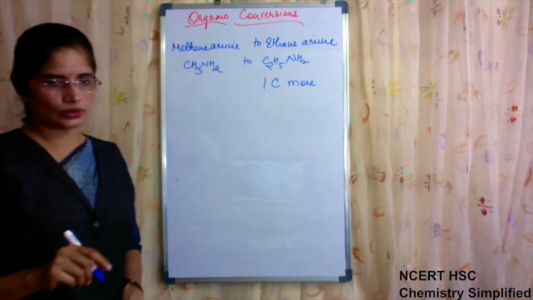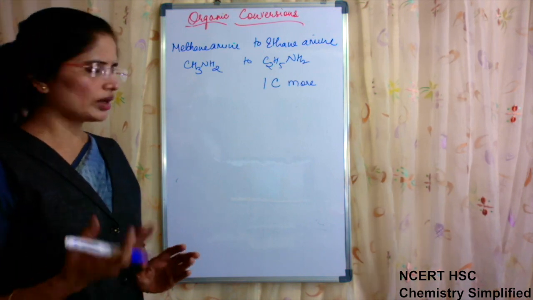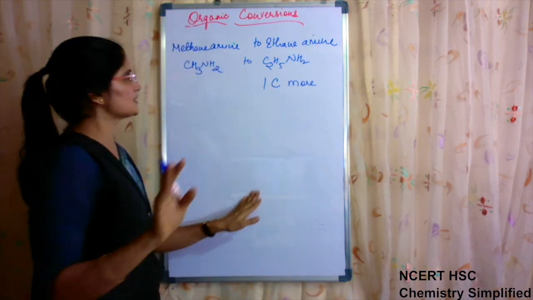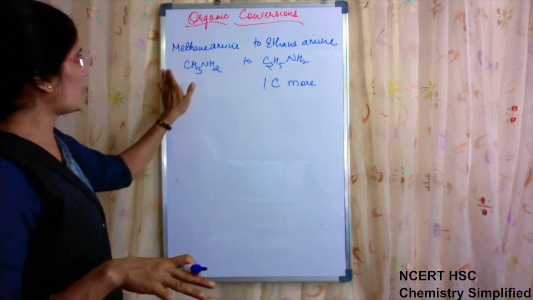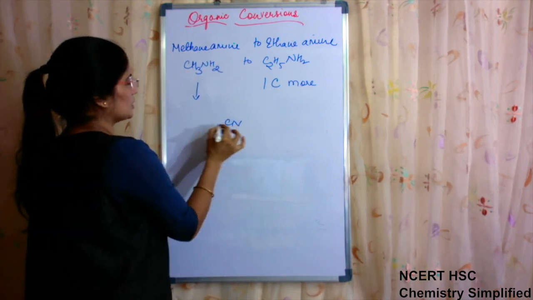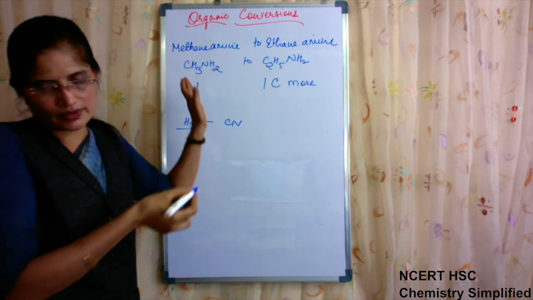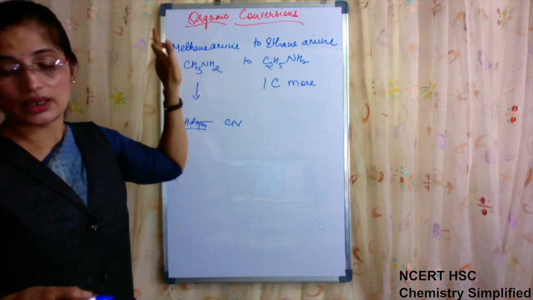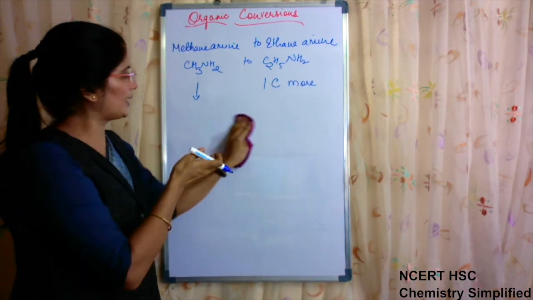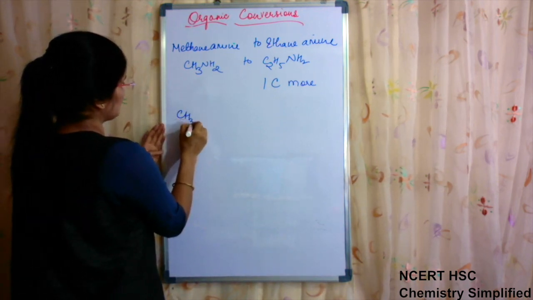One carbon more means we require cyanide. Cyanide will be hydrolyzed, or hydrolysis is not needed, directly reduction can be used. So for one carbon atom, cyanide reaction is required. Now how to reach the cyanide reaction through this? Cyanide can be introduced in halogens. Halogens can be introduced in alcohols. So again we want this compound to be an alcohol. Clear? This way we will trace the equation backwards, and that is how we will reach the product. Now I start with this CH3NH2.